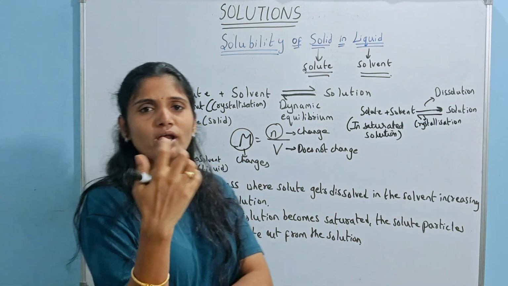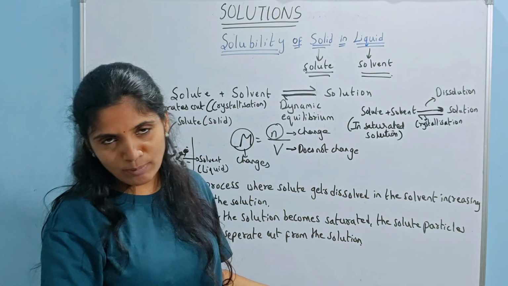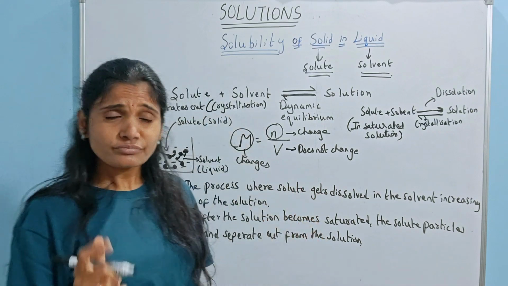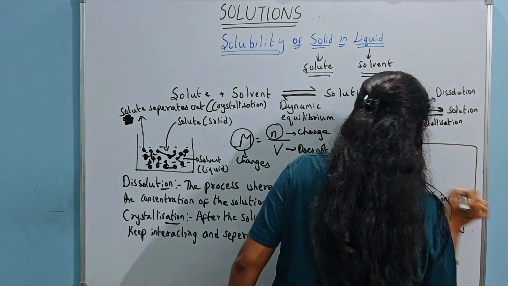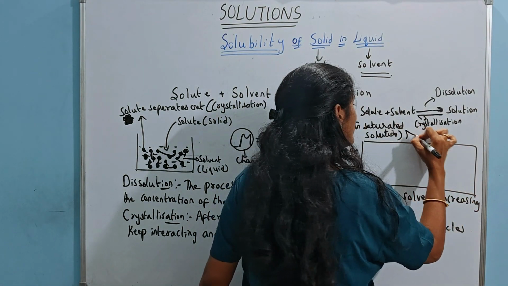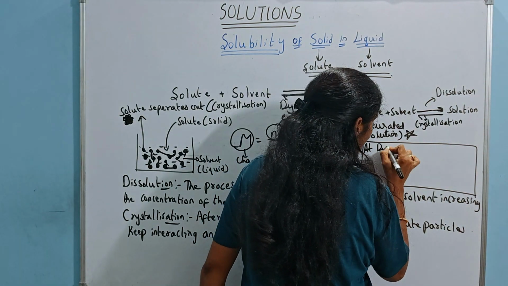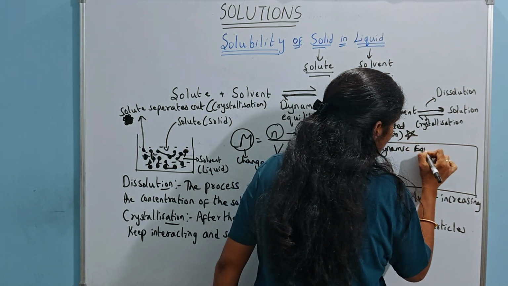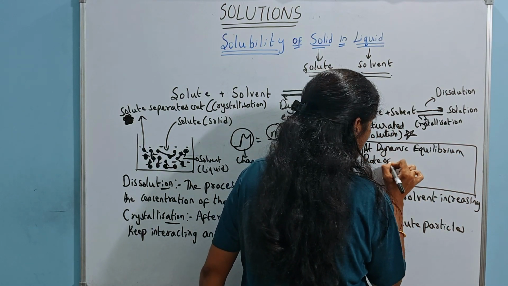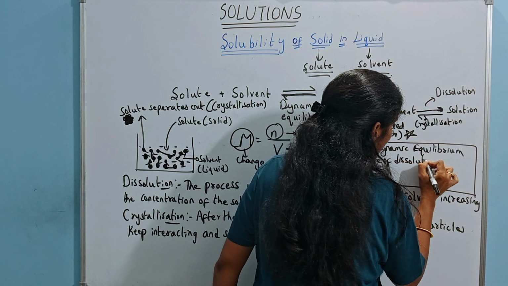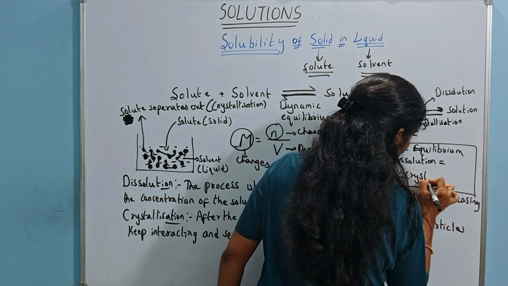Now, at the saturation point, when the solution has become saturated, dissolution will keep on happening, and crystallization also will keep on happening. But why do we call it dynamic equilibrium? Dynamic equilibrium is only possible for which kind of solution? A saturated solution. So, at dynamic equilibrium, rate of dissolution